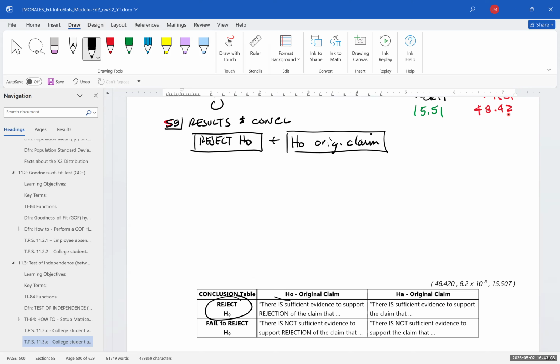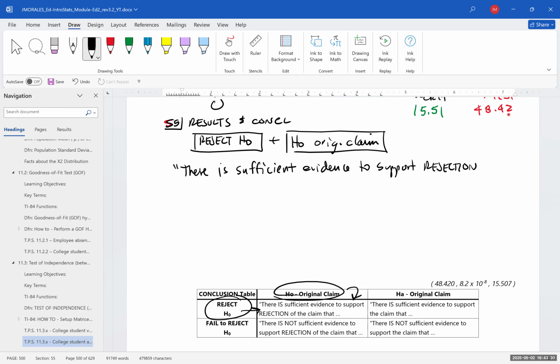So rejecting the null, null is the original claim. There is sufficient evidence to support rejection of the claim that